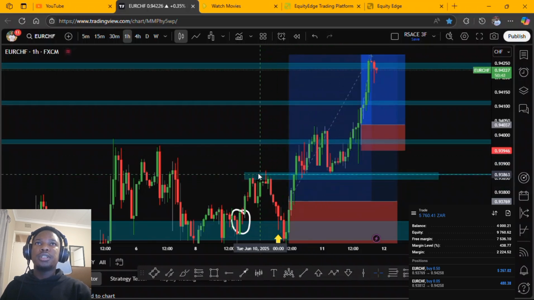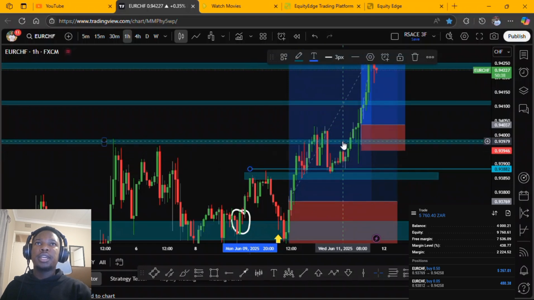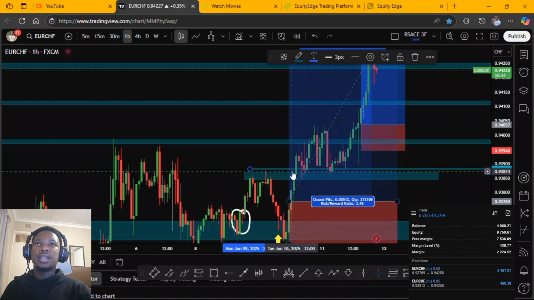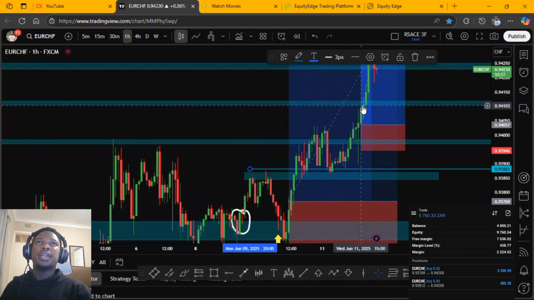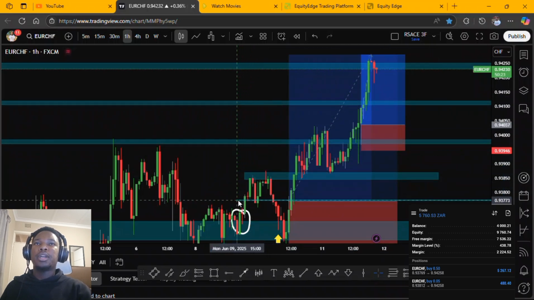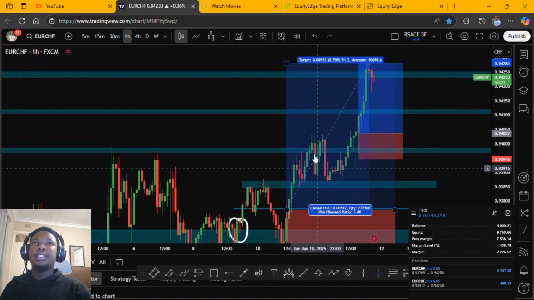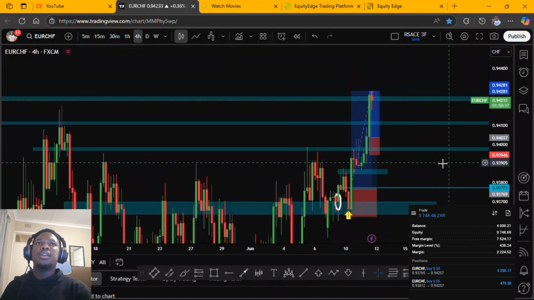That's when I moved my stop loss here, because I saw that this rejection, the market might continue going to the downside, right? I decided to place my stop loss here, of which the market decided to shoot to the upside. So immediately when the market shot to the upside, that's when I moved my stop loss back to entry. The reason why I did that was because I was able to realize that, okay, the way this